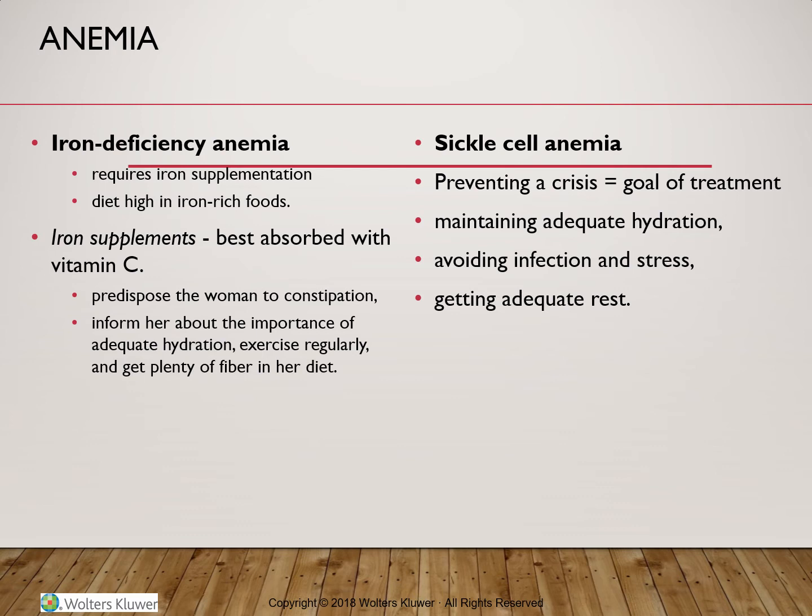We'll also educate our patient in terms of what changes she needs to make in her diet and how to choose those foods that are high in iron. We'll recommend animal protein, dried beans, fortified grains and cereals, dried fruits, and any food cooked in cast iron cookware, because part of the iron will be transferred to the food and will be available for absorption.